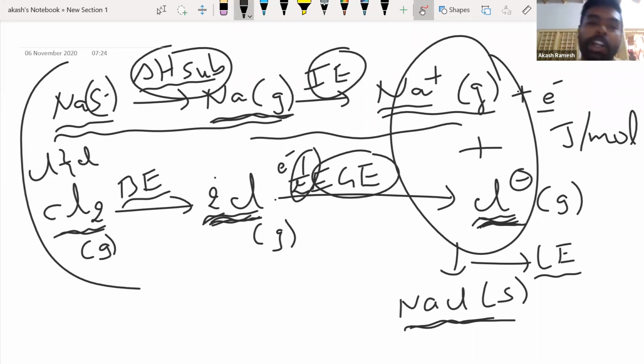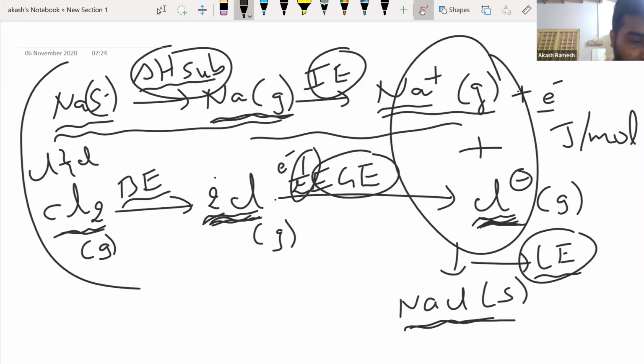Okay, now why did we start all this? Because we want to find the lattice enthalpy. We basically want to find this value. Now you can ask me, sir, how am I going to find it? It's pretty simple, people. I'm going to use the law of conservation of energy. Whatever energy is supplied, that total supplied energy